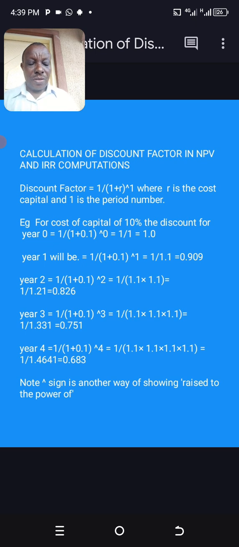Yes, that is it. So that is how we got the figures. There is a note there in the slide which